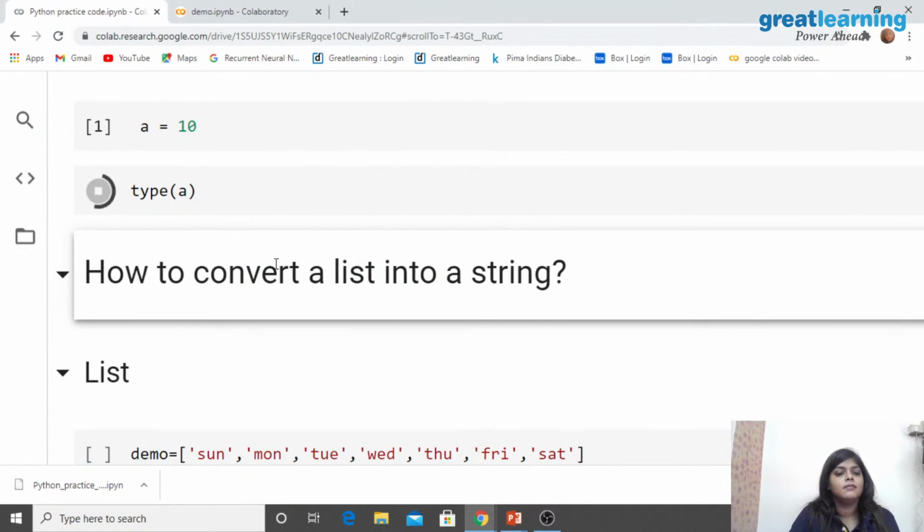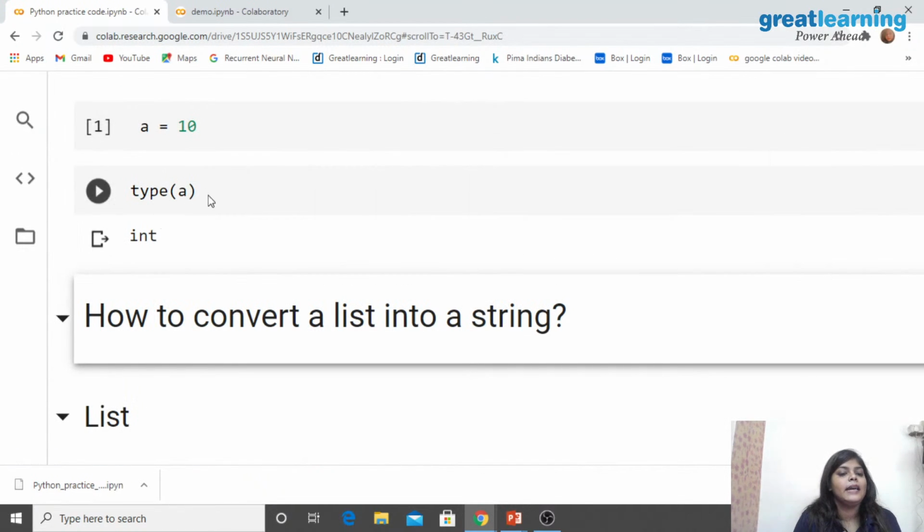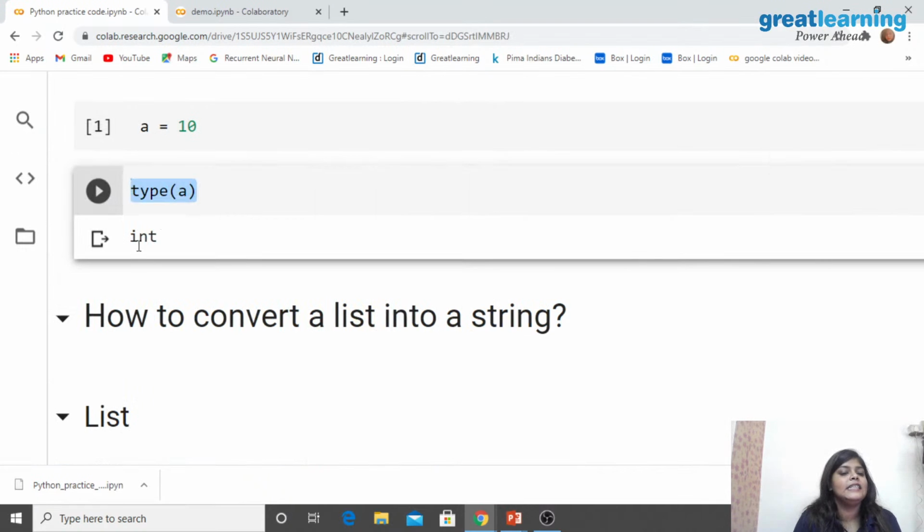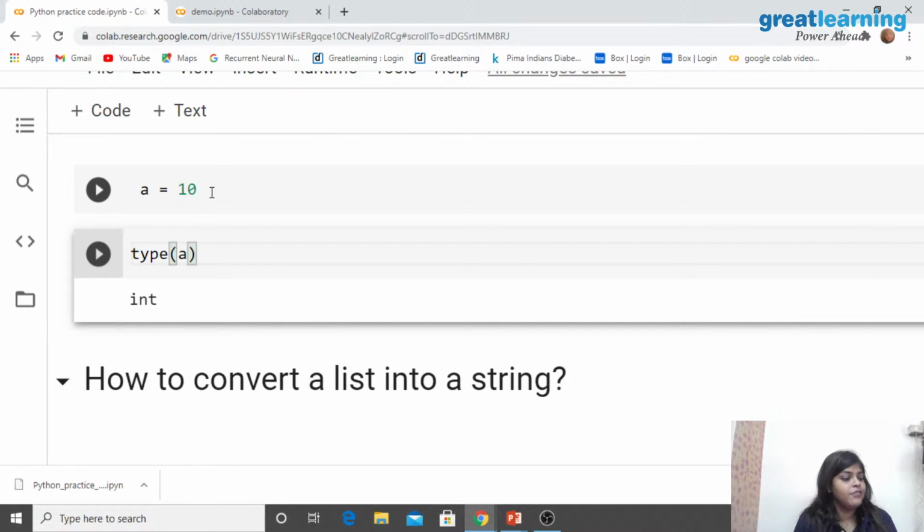If you just do that, can you see what type of variable it is? It is integer type variable, right? Any doubt, guys, till so far? So I have said that this is a variable which is storing the integer type data, and if you want to check the type of your variable, we are going to use the type method to check what type your variable is. Can you see it is integer? I haven't mentioned anywhere it will be type of integer,